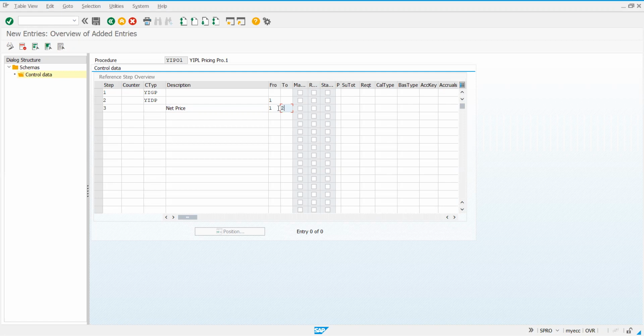Is this fine? All of you? Yes, sir. Now printing at what level? Of course, at item level. This is X. Print at item level. Discount also, I want it across the item level itself. But for net price, you take it as S. S is at totals level. So you have price across item, discount after that item, and then net price is to be printed at totals level. Make a note.